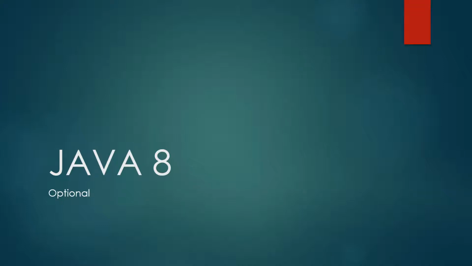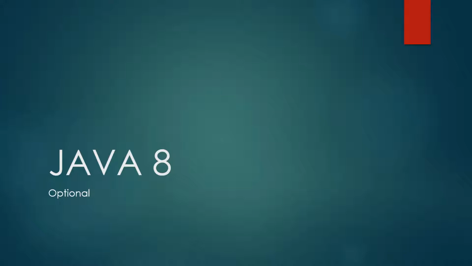Welcome back. In this video we are going to talk about another one of the important concepts of Java 8, that is Optional. In Java we have faced one exception for a very long time. Whenever we are doing a project in Java, that exception irritated us most of the time. That exception name is NullPointerException.